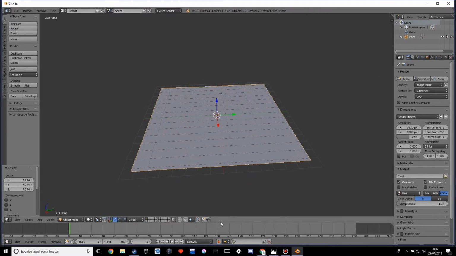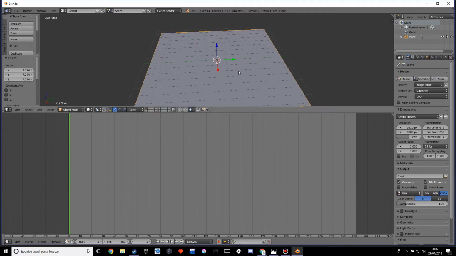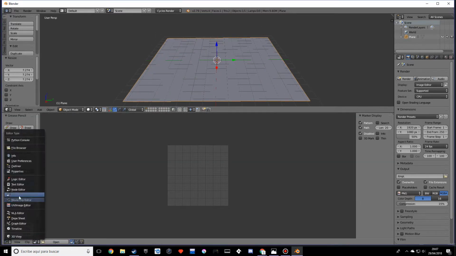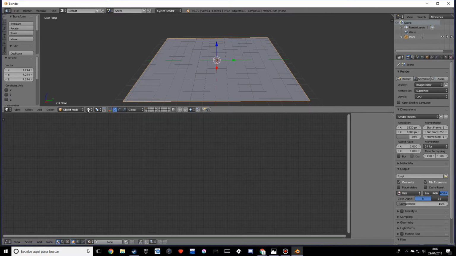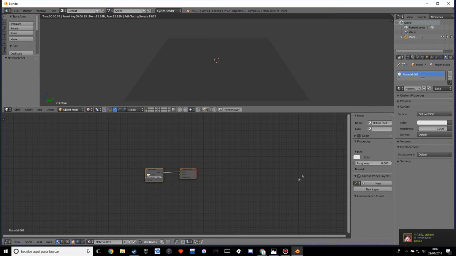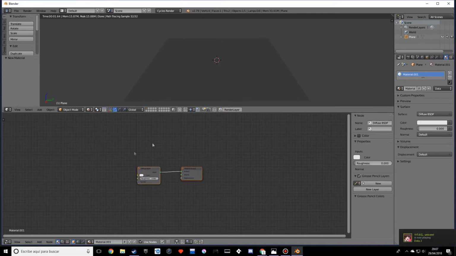And we want to separate the views, so let's just move this up and make this a node editor, okay? And we want to make sure this is on rendered so we see how it's affecting it. So now we want to go into the materials tab, add new, and this should appear. If this does not appear, make sure you create a material, and if it still doesn't appear, make sure you're